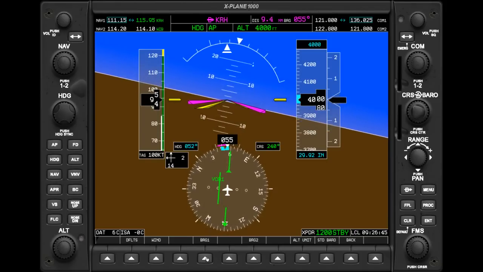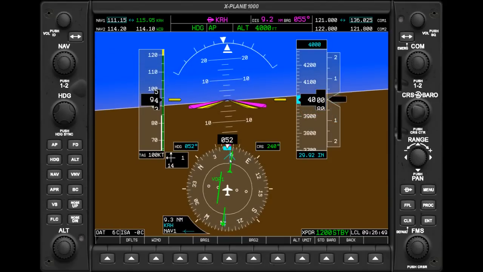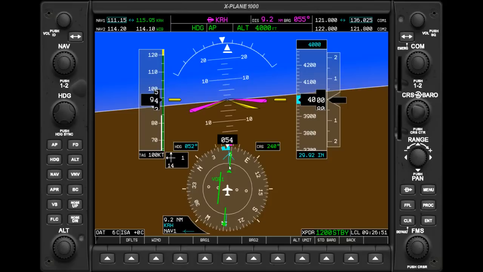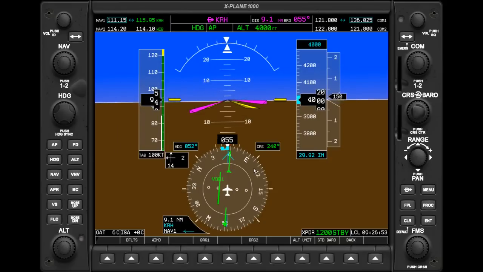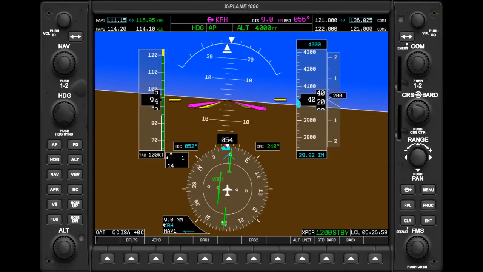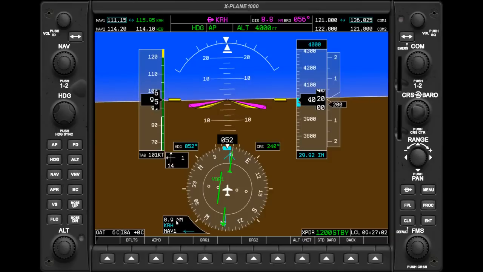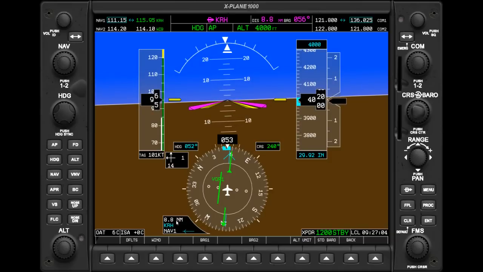And what I'm going to do now is bring up the bearing pointer right here that points, of course, directly towards the station. And of course you can see we have another DME indication down here, which is actually more useful for flying the DME arc. But again,